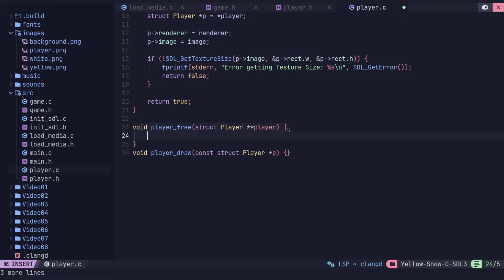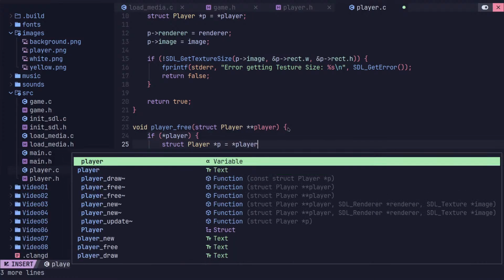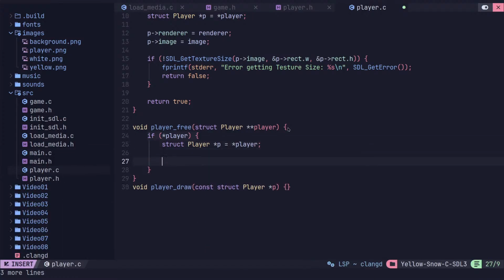So just like in game, the very first thing we want to do is make sure the player pointer itself is actually valid. So, and we need to dereference it one time. Okay, so that takes care of that. Now I'm going to do the same thing. I'm going to make a local P, I'm going to dereference player one time. Otherwise, you have to keep putting this player in parentheses when you're doing stuff. So now if the